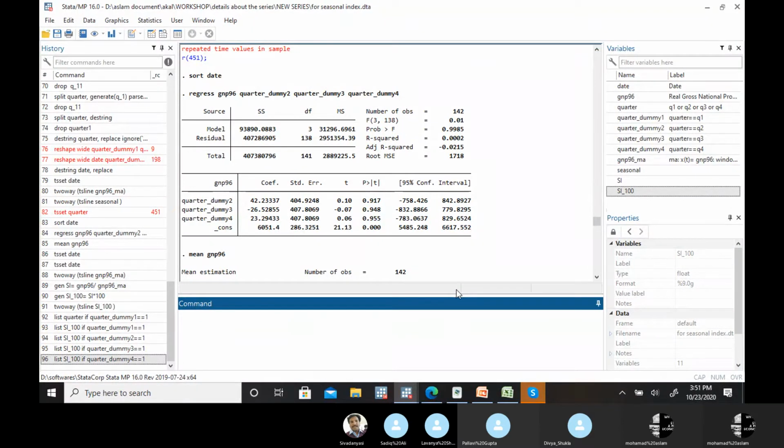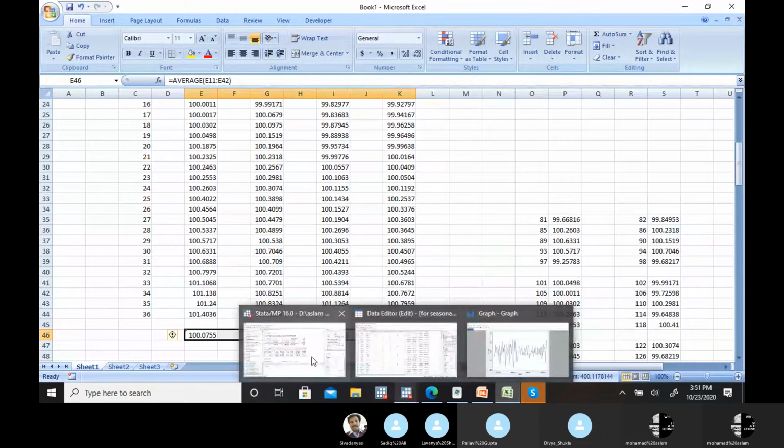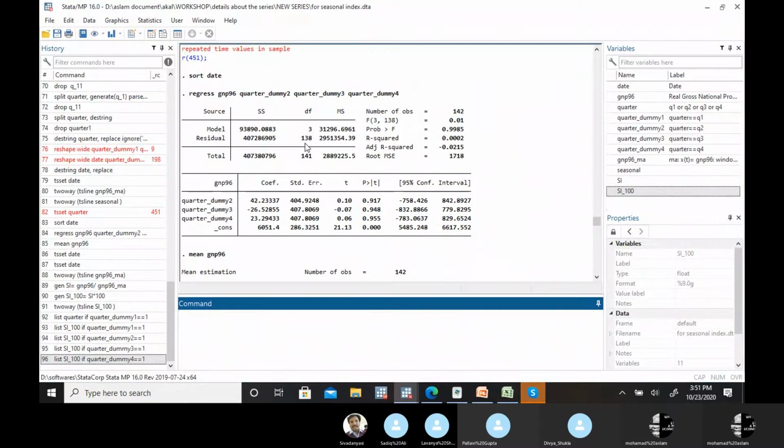Here, this is the data I have taken from the internet, but I just modified it so that I can give you this example of eliminating this process, and maybe the change is only 0.0 something, because GDP is not, this thing you have to always keep in mind, that GDP does not depend only on the time variable. There are n number of macro factors, right? And here we are just trying to study the time factor, that how much is the impact of these forces, these seasonal forces, cyclical forces, trend forces, meaning the time component.